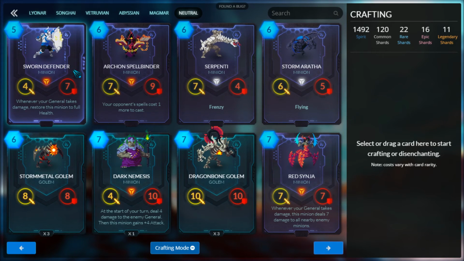Sword Defender. Whenever you take damage, restore the minion to full health. So this is one of those minions that's big and beefy. It doesn't have provoke, but if you gave it provoke, it'd be amazing. Basically, whenever your general takes damage, it heals back up. So it's one of those units where you can trade off your general, gets a small minion, and this thing keeps healing. That's the idea behind it. It's a big body for 5. Actually not too bad, honestly. Usually there's just better stuff in your faction that you want to...